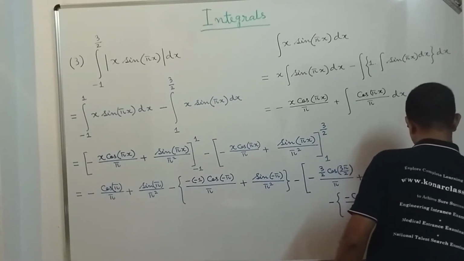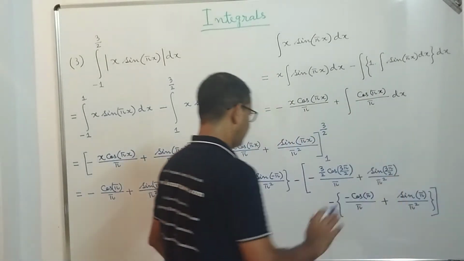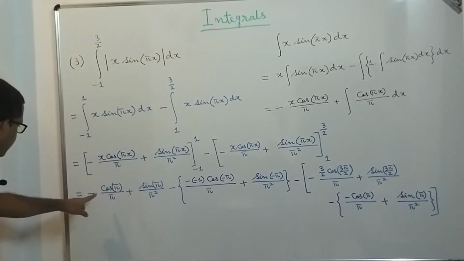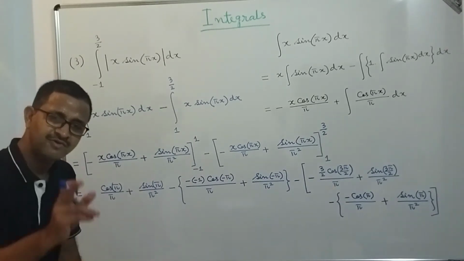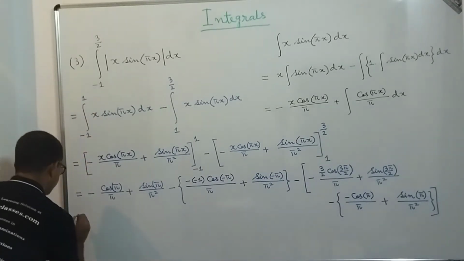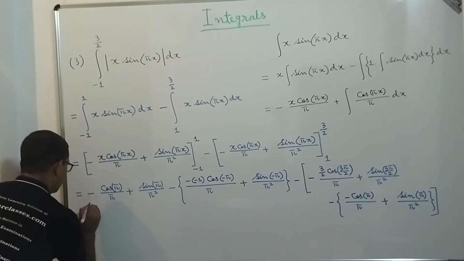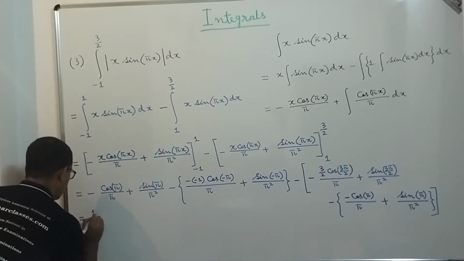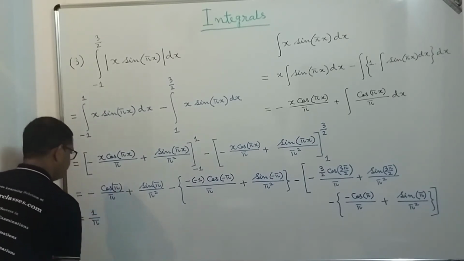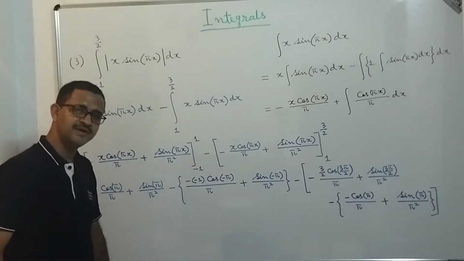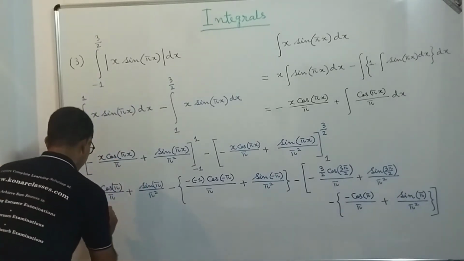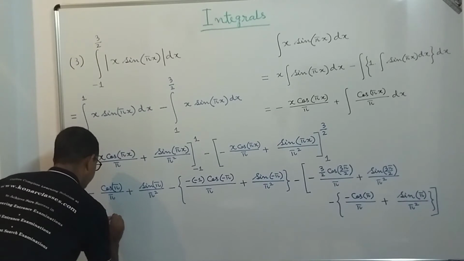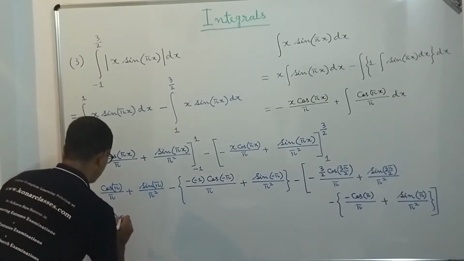So this value we need to compute, it will not be a difficult one. What is the value of cos pi? The value of cos pi is minus 1. So this minus 1 and minus will become plus, so it will become 1 by pi. What is the value of sin pi? It is 0. So we can write this is equal to 0 minus,